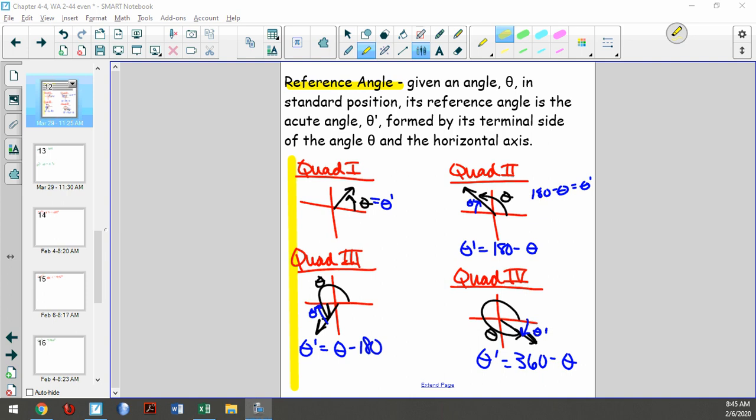We're continuing chapter 4.4. Tonight's homework is 38 through 96 even. Now, I have been talking about reference angles without you realizing what a reference angle was,